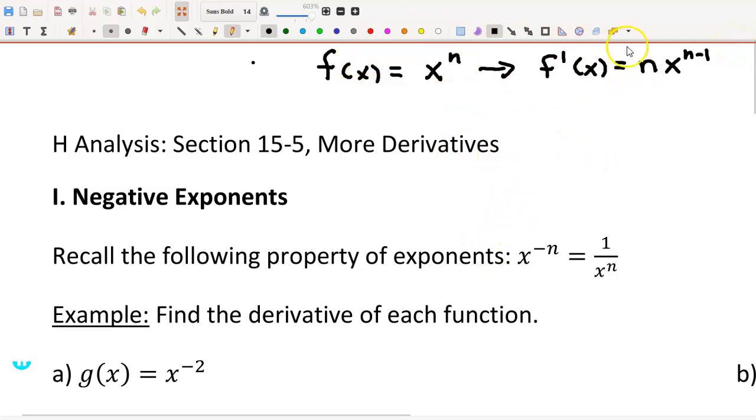Most of the work is not going to be this. Like this is pretty straightforward. We've done a lot of practice. Most of the work is going to be reducing, okay, and simplifying. So recall that you can have no negative